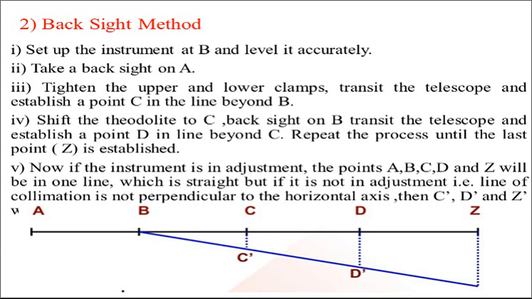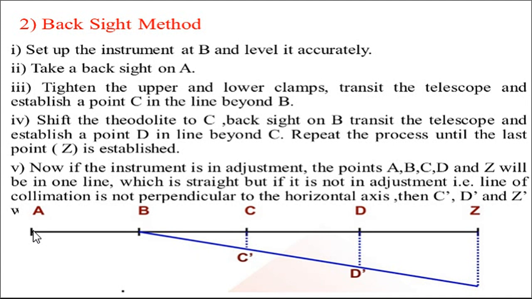Then second method is called as backsight method for prolongation of a straight line. Now in this, set up the instrument at point B and level it accurately. See, in the first method, that is foresight method, we have set the instrument at point A, but in backsight method what we have to do? We have to set the instrument at point B and level it accurately and take the backsight on A, means by plunging the telescope what we have to do? We have to sight the ranging rod at point